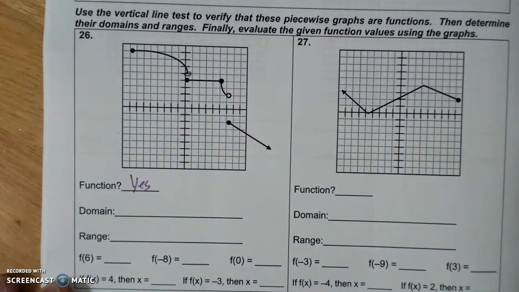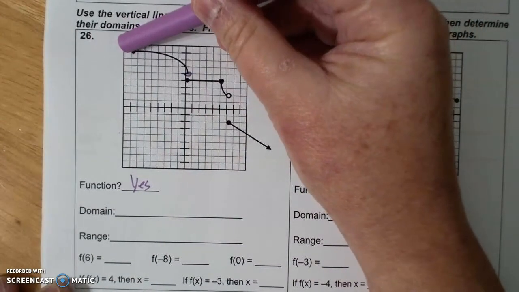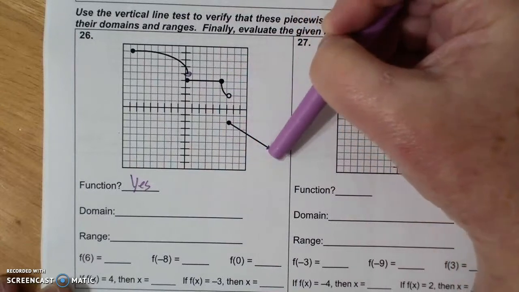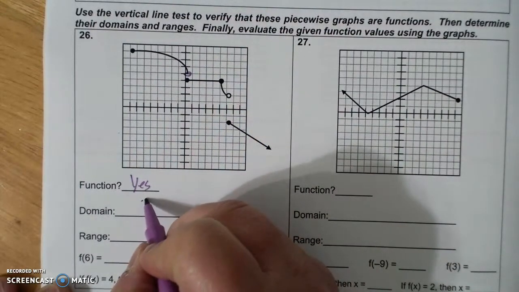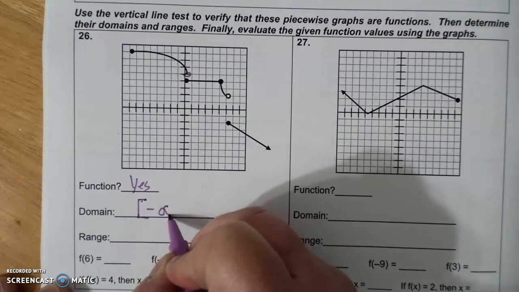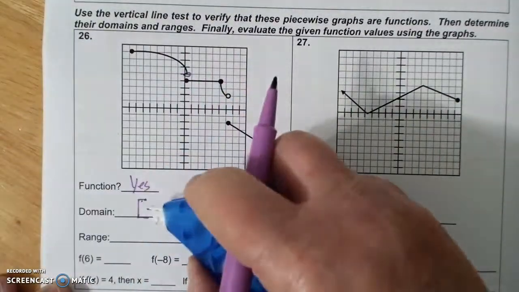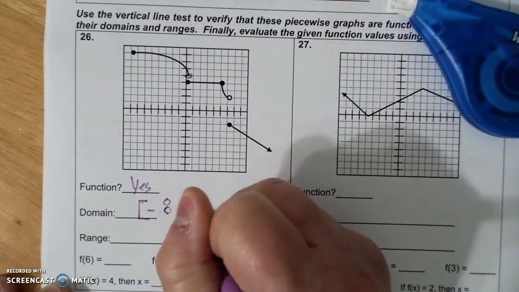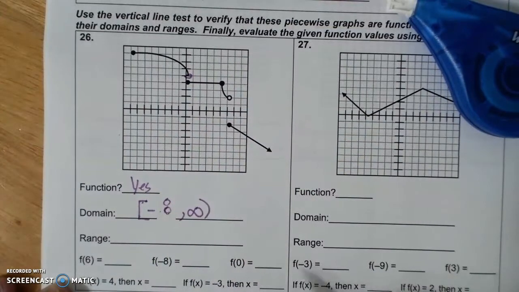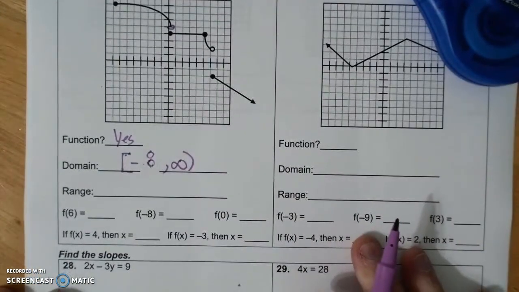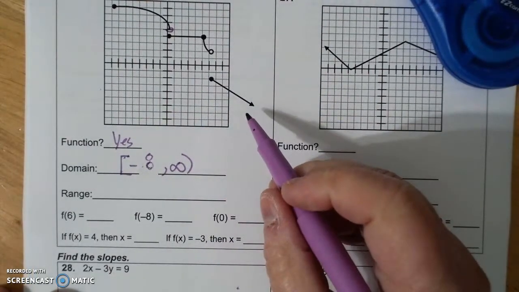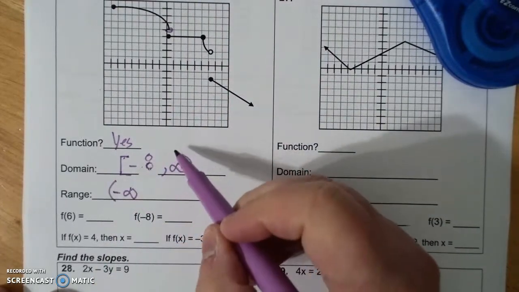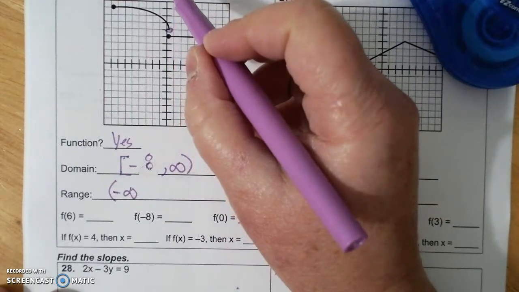Domain. Am I continuously going, and do I break anywhere? I do not. So my domain is from -8 to positive infinity, and remember positive infinity always gets a parenthesis. Range: I can go from negative infinity all the way up to